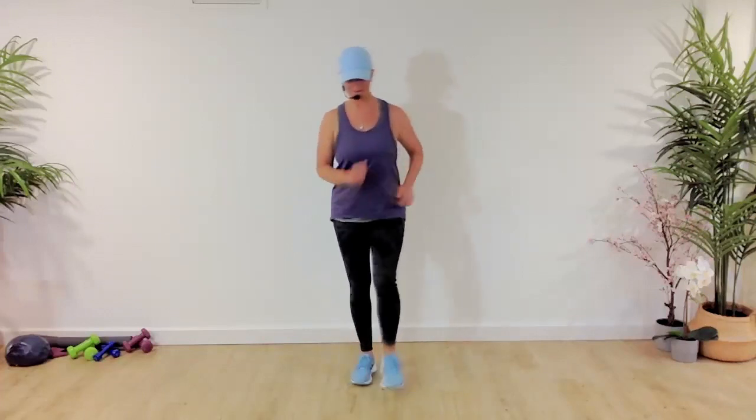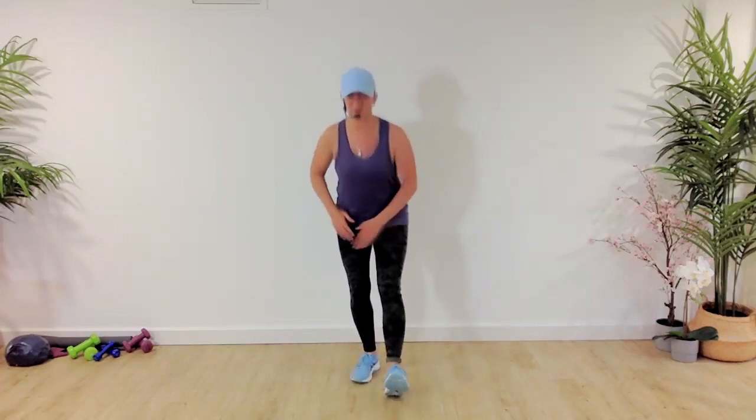In. 2. And then hold. Toes up or down. Feel